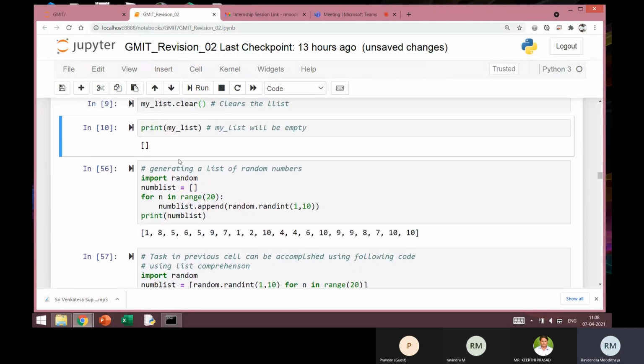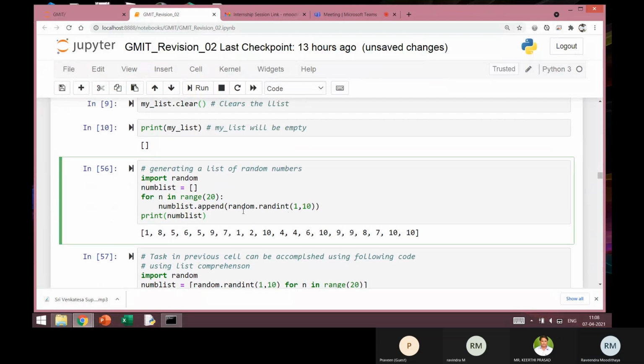Now let me just take one practice example, and this will give you a few more ideas about generating random integers. How do you generate a random integer? Now I'll show this. The idea here is I want to create a list with some random numbers, and those random numbers should vary between 1 and 10, both inclusive. Anything from 1 to 10. Randomly, it should select one number from 1 to 10, and that should get appended to the list.